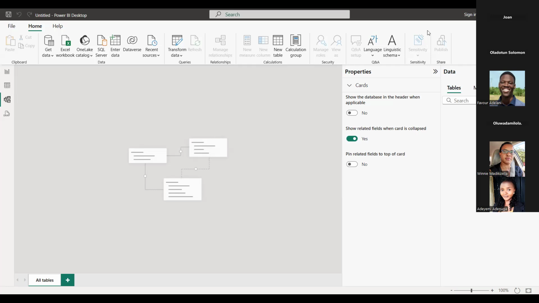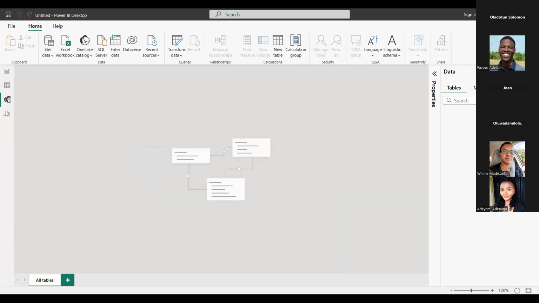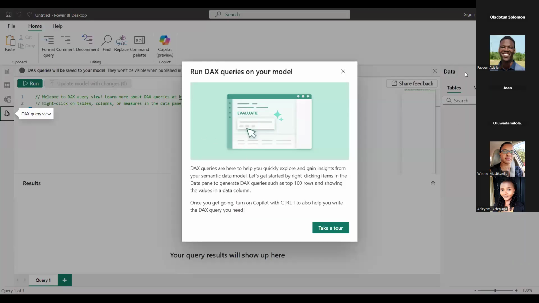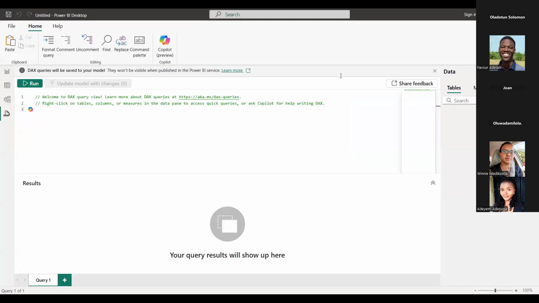So basically, I'm talking to people who know what we are doing here. And that's a very good one for me. That has made my job a lot easier, that we understand what it is that we're doing here. We have the DAX query view here. Now, DAX is one of the important features of Power BI that makes it unique as well.